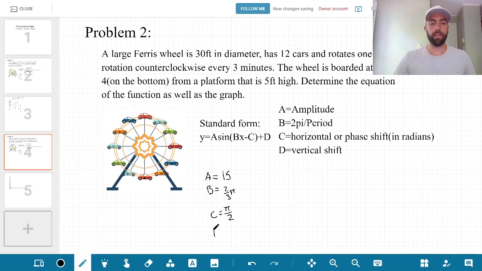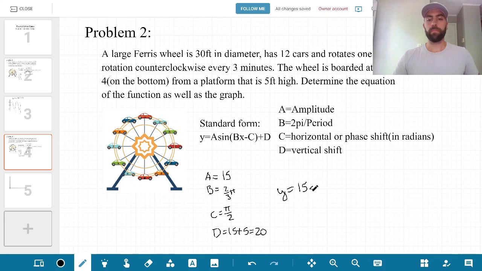And D is the shift upward, which would end up being the center. We're looking for the center here. 15, which is half the diameter, plus the landing platform that we use to get up to the first car, which is 5 feet high, so 20,